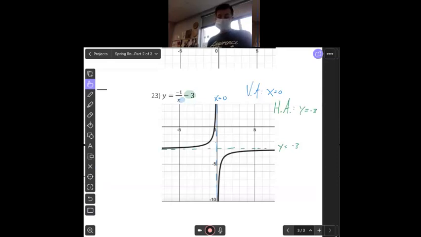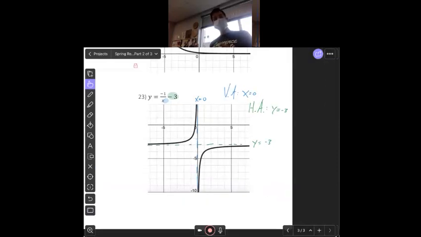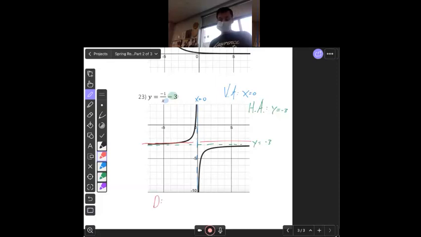The domain and range is a little different for these because of that break. These were called discontinuous graphs. The domain, as we approach from that left side, it goes, and then it gets really close to 0, and it's like, hits the brakes. Then all of a sudden, on the other side of 0, it starts again. So this is the only time we ever saw this went from negative infinity to 0,